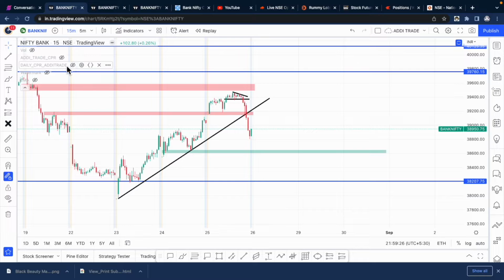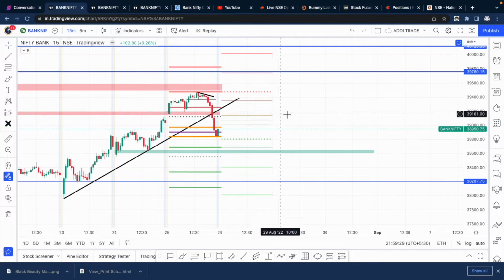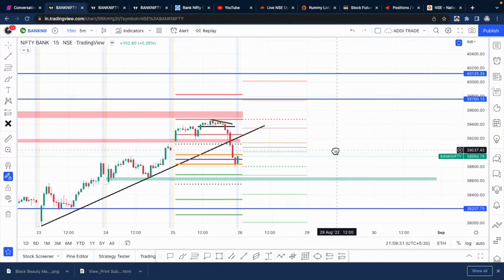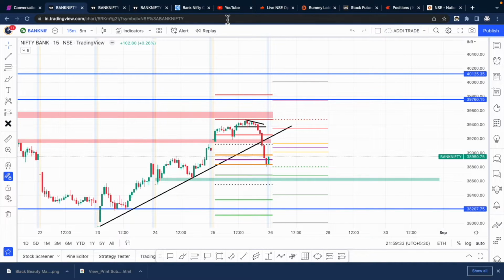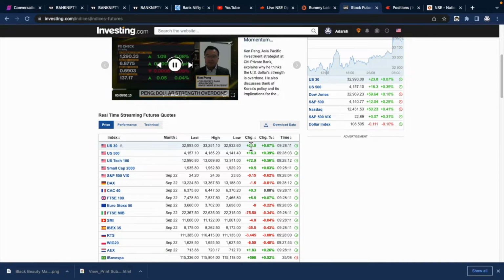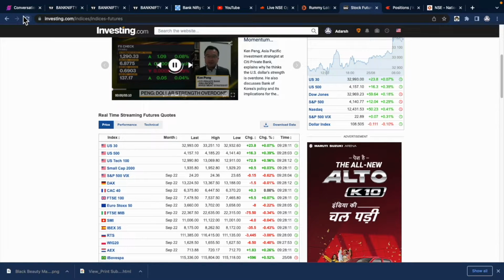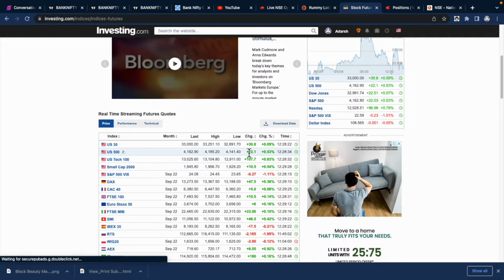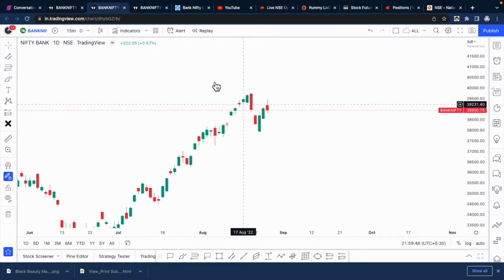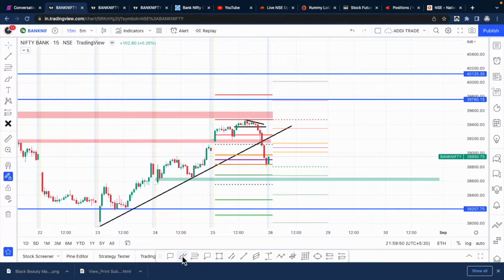And just checking our CPR levels. These are the CPR levels. In case we get a gap up, that's what the US market is indicating right now. See, all this time it was about 70 or 100 plus, now it has come to 30. Because of this, if we get a small gap up, tomorrow might be sold into. If we gap up around the CPR, or above the CPR, there's a good chance we might take resistance around the CPR and then start dipping. That is one possibility.